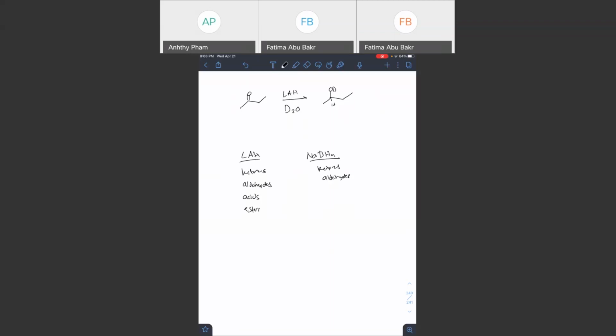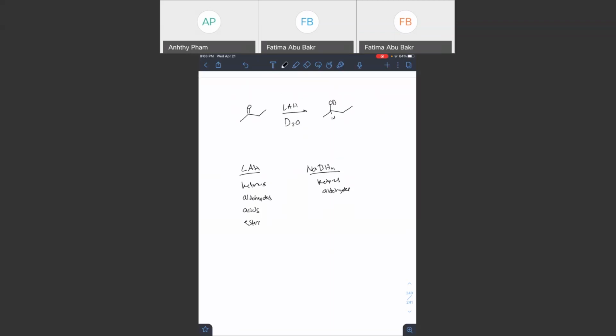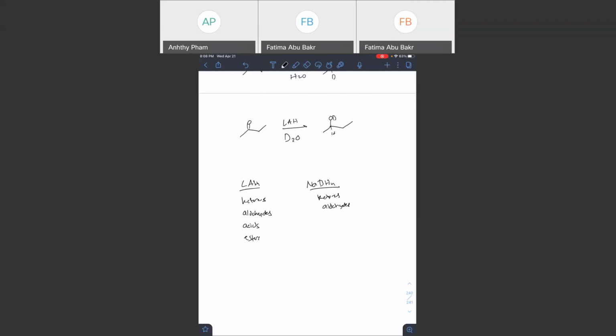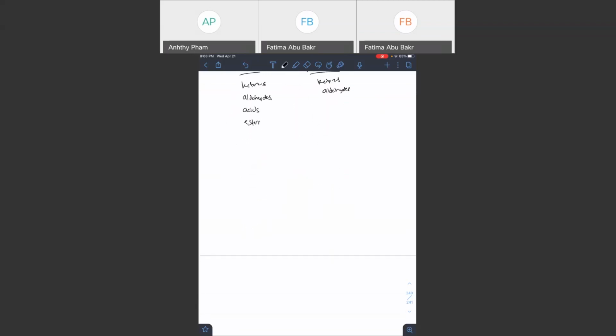So use that information. That information, I think, is on this exam. So basically, you're going to use that information to figure out what reacts with what. For example, in the above case, this is a ketone and it's reacting with LAH, so it will be reactive. But there's multiple situations, obviously. So here's another situation where we have this and it's reacting with LAD,